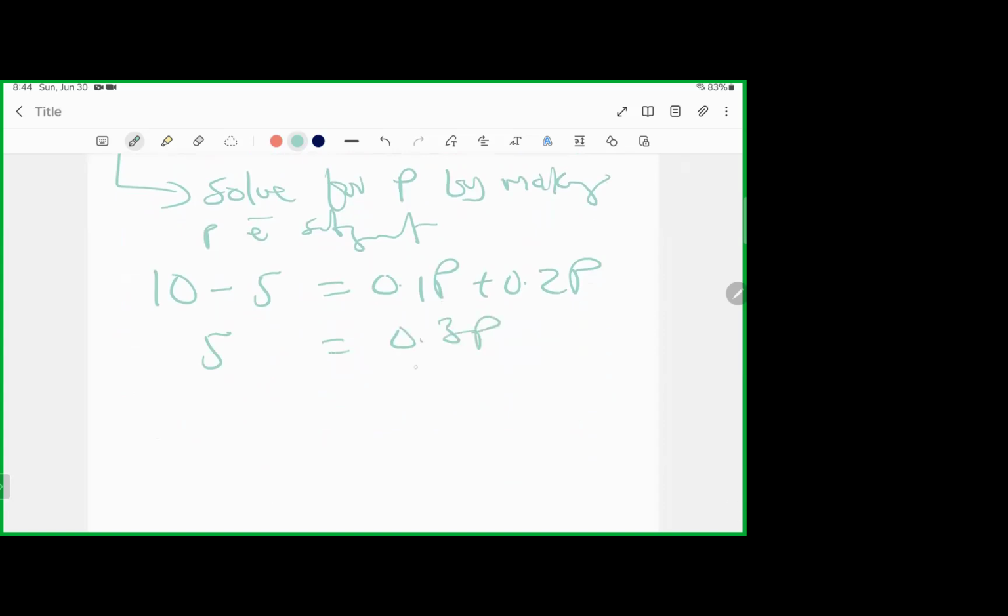0.3P. So we divide both sides by 0.3. In this particular case, when you do the division, this will cancel this, leaving us with 5 divided by 0.3, which will be 16.67. So here will be 16.667 as P,